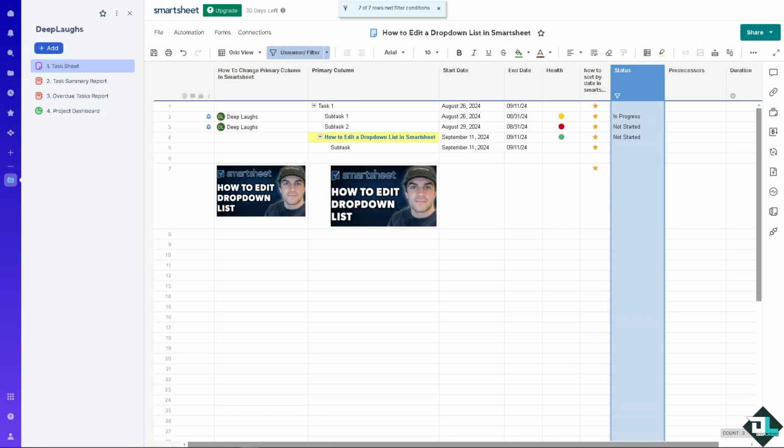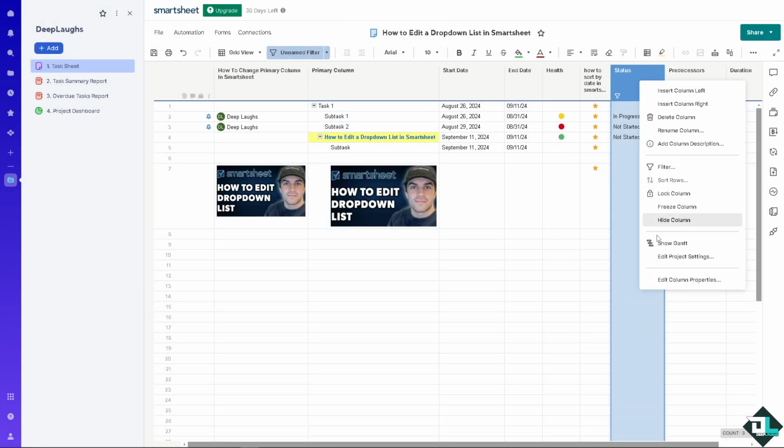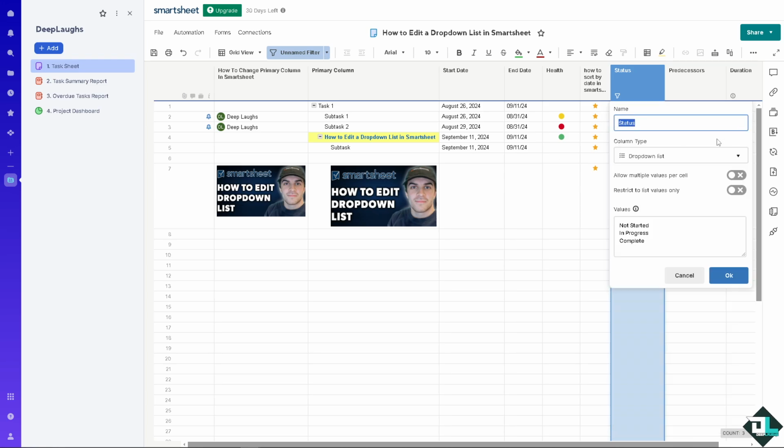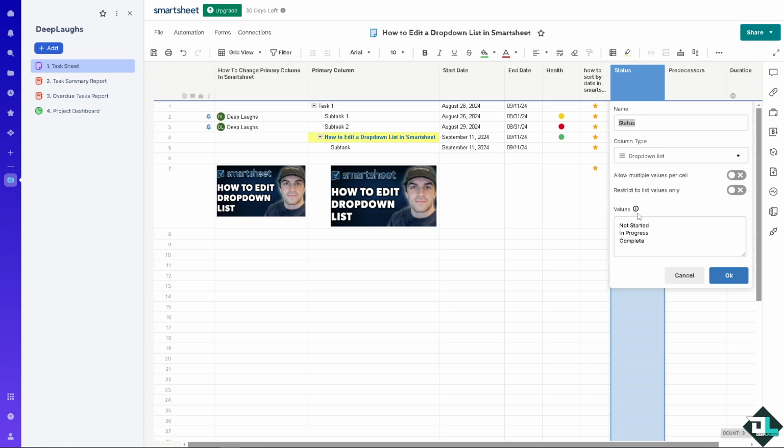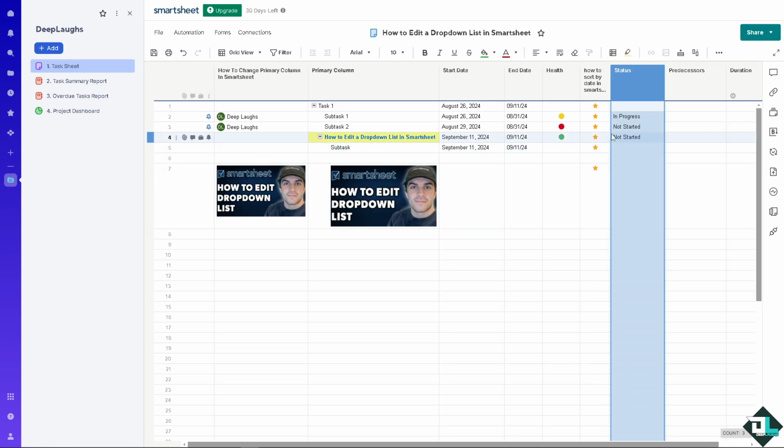Now, here, just click on the edit column properties. You see there's going to be an option that says column type. You see there's going to be a not started, in progress, and complete. All right. You can, of course, change all of the statuses here. Now, after that, once you have selected that, you see that there's going to be a drop-down list